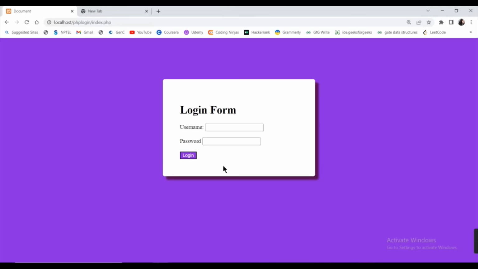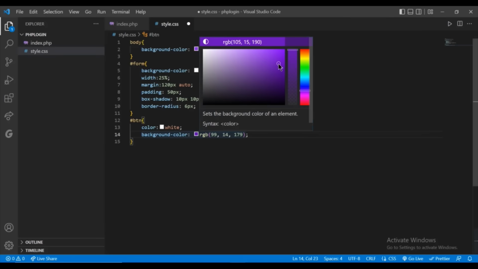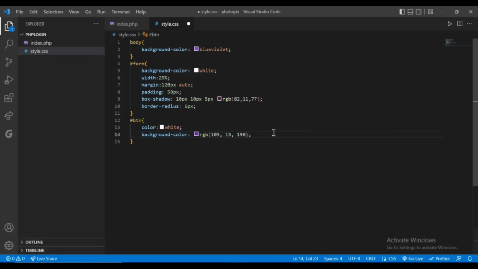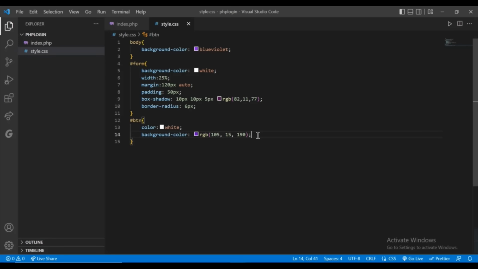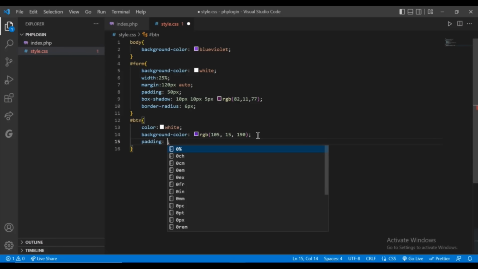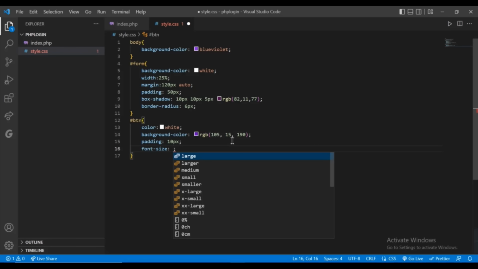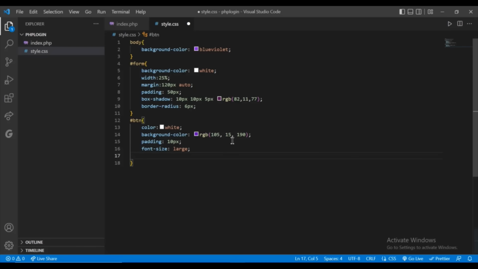I want it a bit darker than the background of this screen. Yeah, now the color is all right. I want some padding inside the button, so padding will be 10 px, and then I want the font size to be large. Then I want the border radius to be 10 pixel, and yeah,